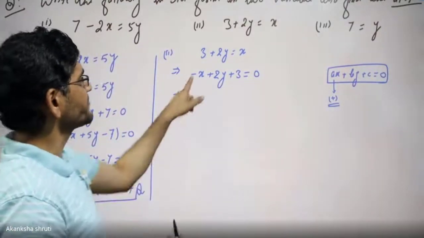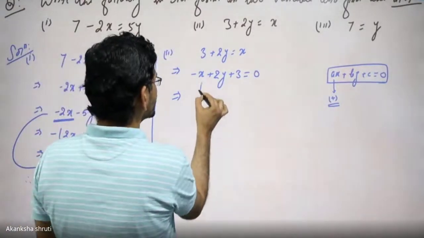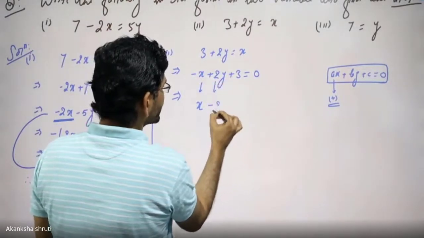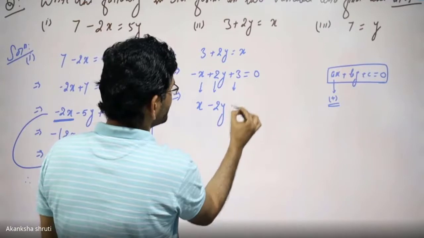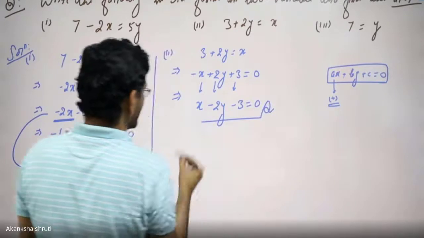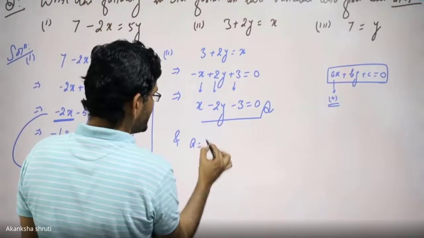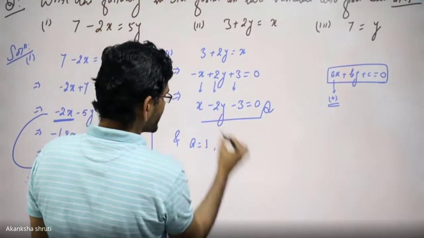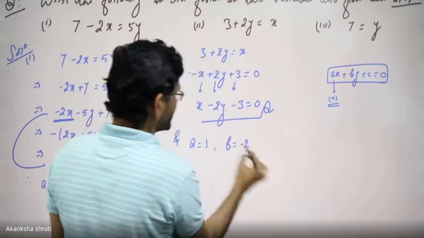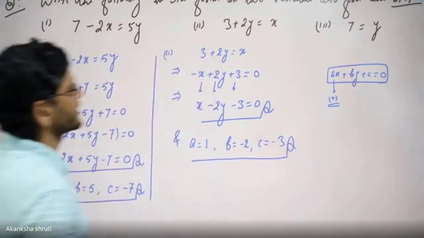After this, it is not the final one. Students, be careful. Make the coefficient of x positive. So change this sign. While this x is made positive x, this is positive sign, it becomes minus of 2y. This is also positive, minus of 3 is equal to 0. So the standard form is this one. And the coefficient of x, nothing is in multiple, means the default multiplication is 1. And b, this y, the multiplication factor is minus 2, and the constant is minus 3. So this is the other answer.